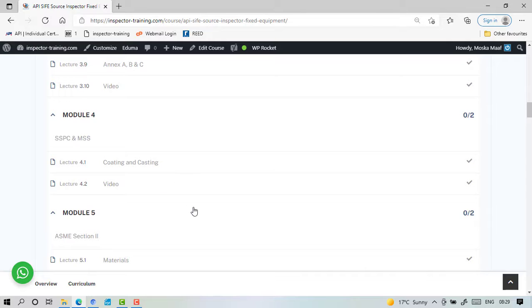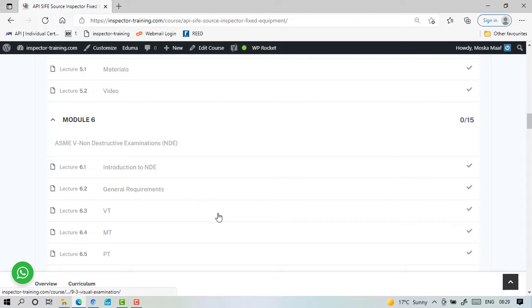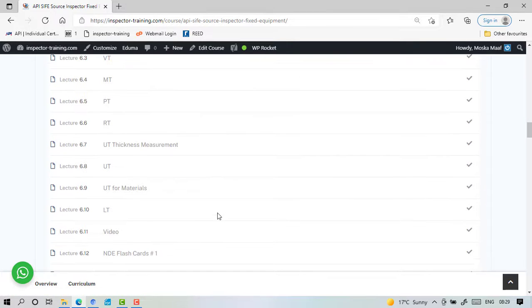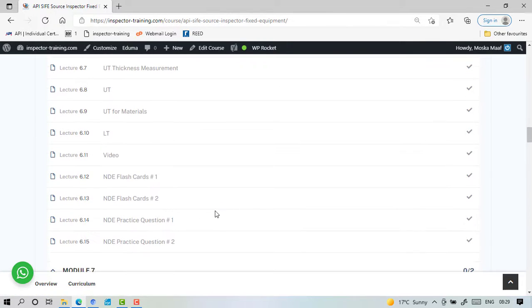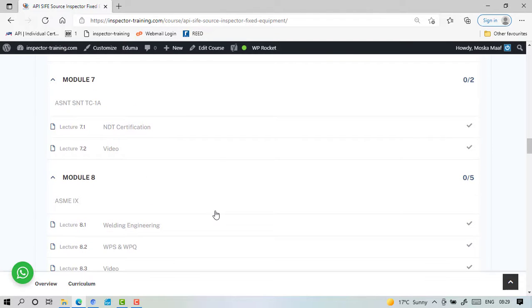Then we talk about coating and casting. Materials are as per ASME Section 2. Non-destructive examination has been completely explained, and all methods that you need to know, complete with flashcards and practice questions. And then NDT certification as per ASNT TC1A,